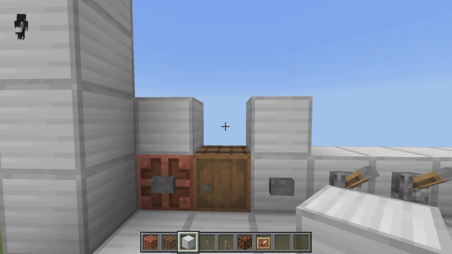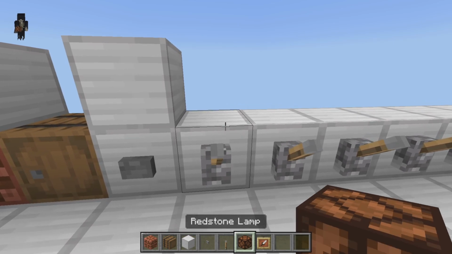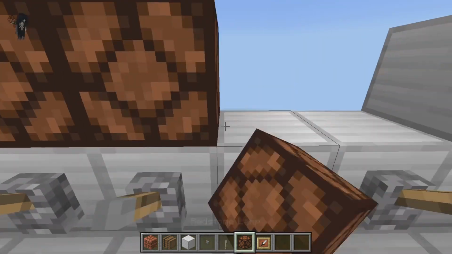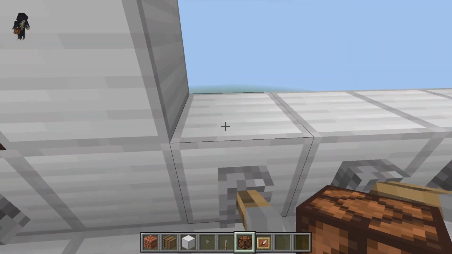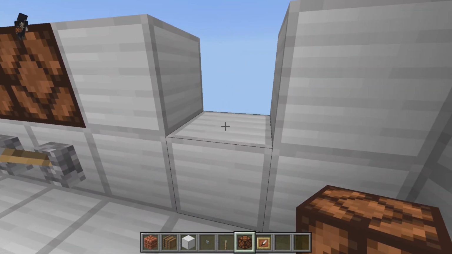Right in here will be where your potion brewer will eventually be when we get to that point. But on top of all the levers, we're going to go ahead and place in redstone lamps. So go ahead and place those in all the way across. You should have 12 right there. Go ahead and put 4 more in right there above all those levers, 4 more again, and then 1 at